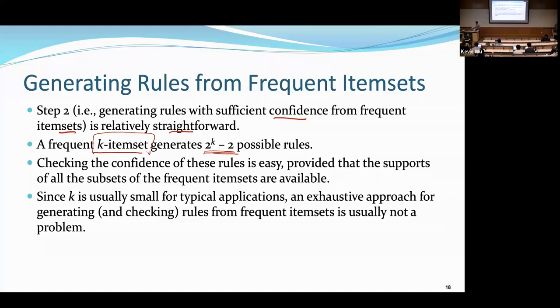So that's why we have this minus 2 here, right? But anyway, given the k item sets, there are 2 to the power k minus 2 possible rules that you have to check. Now, in practice, the value of k is not very large, right? For example, if you apply association rule mining on, let's say, real supermarket data sets,